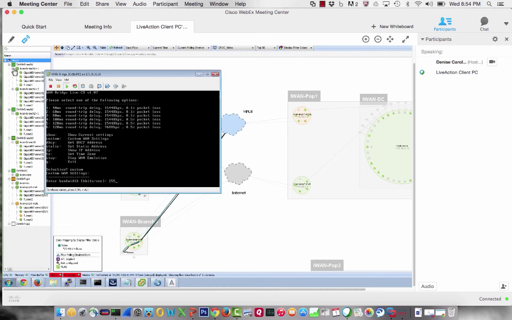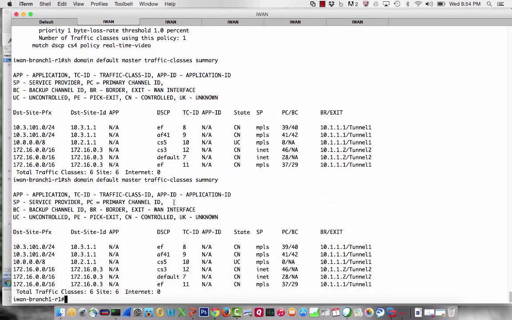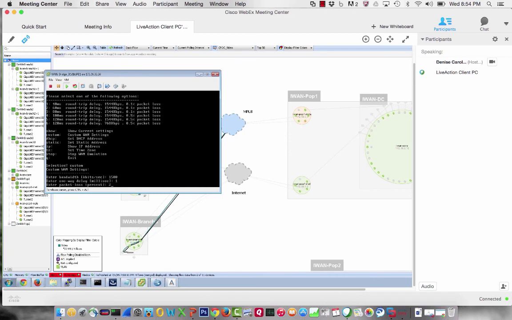My bandwidth here between Branch 1 Router 1 and the MPLS cloud is, oh, that's not good. Let's try that again. So custom, 1500, 1, and we're going to do 2% loss. Okay, before I hit enter, let's make sure we're still good over here and I didn't just mess that up. So we're still on the MPLS and our backup is still channel 42. So I'm going to come over here and hit enter, but I am going to record